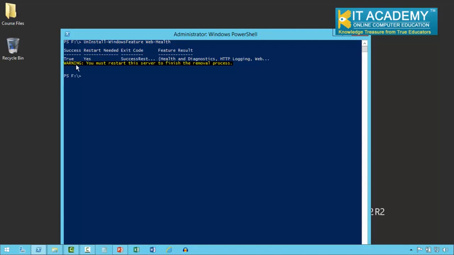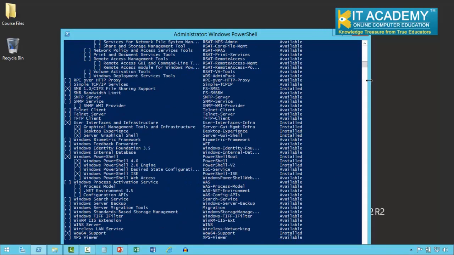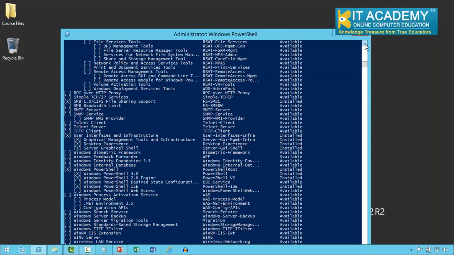In the meanwhile, I can see the uninstallation has been successful. Yes, the restart is needed again from my end, and I can see the feature result. And this time, if I say Get-WindowsFeature, and if I carefully go up to IIS,